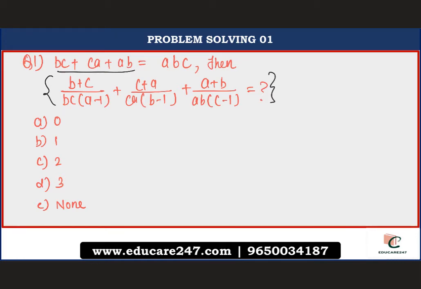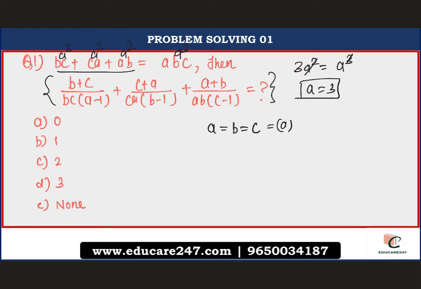So what you will do straight away, as I have told you, we will consider all variables to be same. That is A equals to B equals to C. So what do we have over here? Let's suppose all the variables are say A, right? So here we have a square, this is another a square, this is another a square, and this will be a cube, right? So what do we have? 3a square is equals to a cube, right? So a square and this 3 gets cancelled and only a remains. So a is equals to 3. We get the value of a as 3, right?